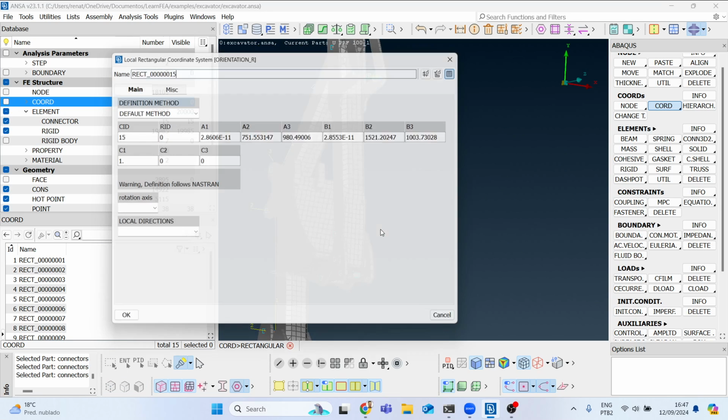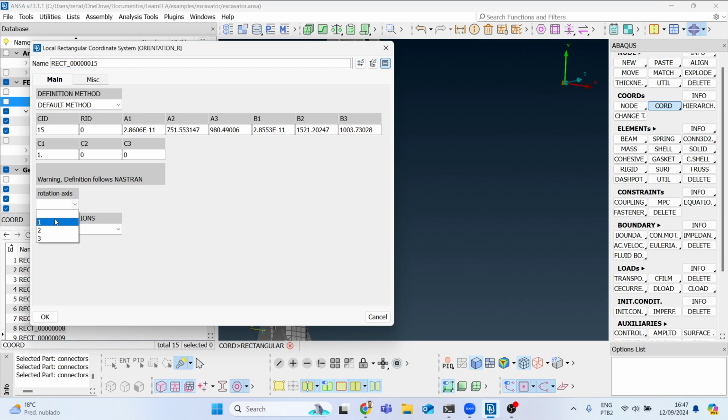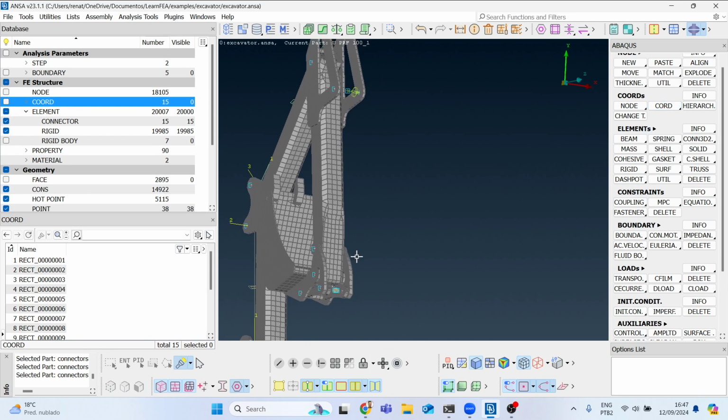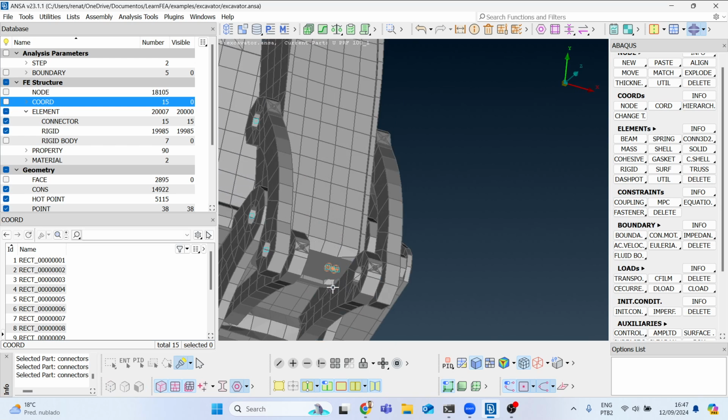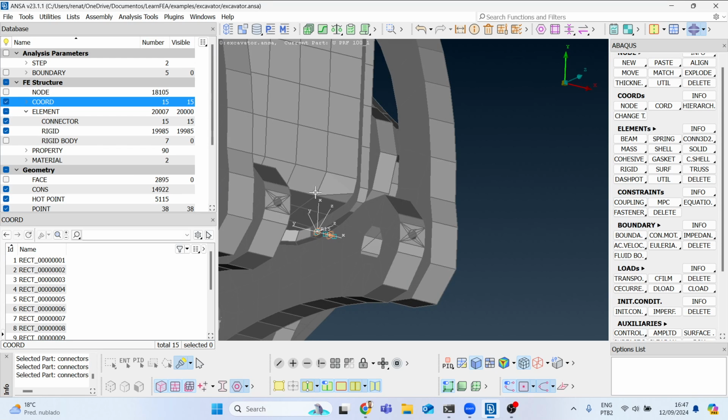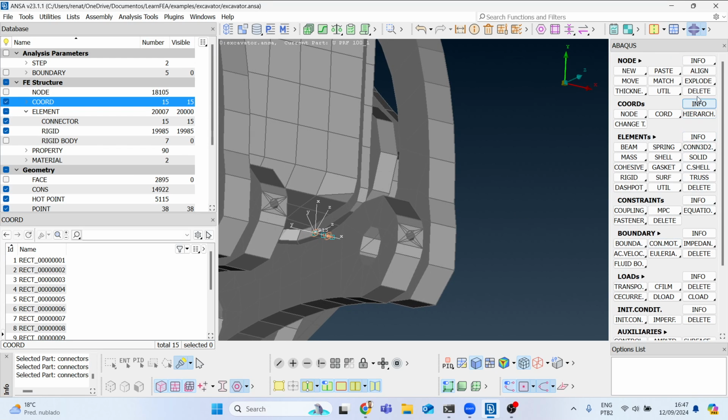Middle mouse button, rotation about y minus 90, so that the x-axis is going to be in this direction, connecting the 2 points. Let's activate the visualization of coordinate system. Here we have the coordinate system that we created. Let's create now the connector